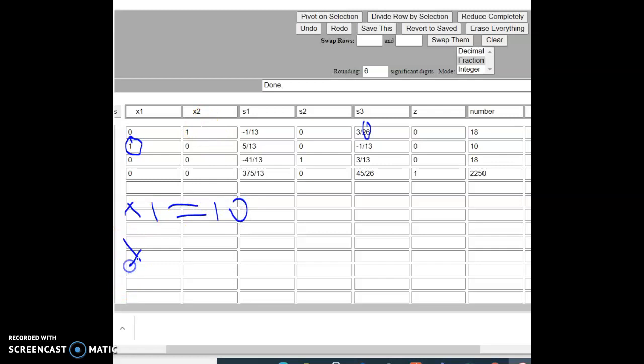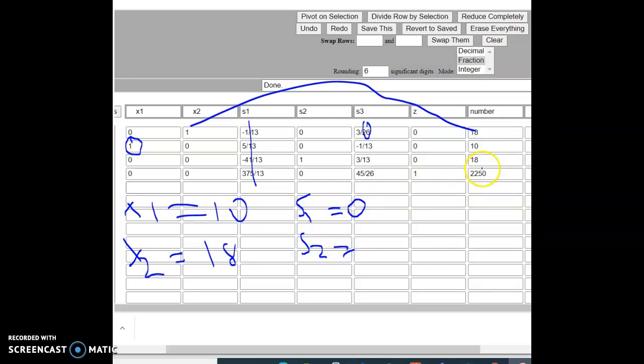X2 is a basic variable as well, so that goes with it. And of course, 18 divided by 1 is 18. So if you use the technology, it's already divided. Slack 1 is ugly, so we set it equal to 0. Slack 2 is basic, it's kind of nice. So again, 18 divided by 1 is 18. And slack 3 is ugly, so again, we're going to set it equal to 0. And then Z, what we're trying to maximize, is right here. And again, dividing by 1 is not going to do anything, so